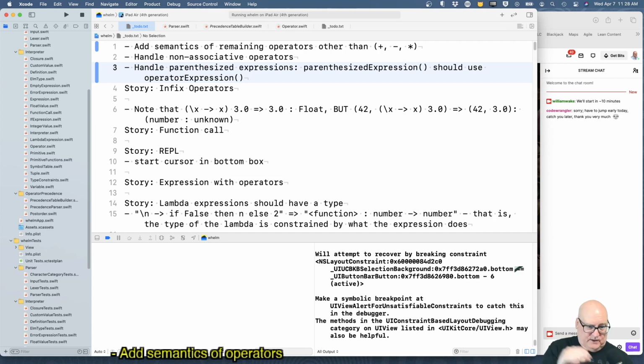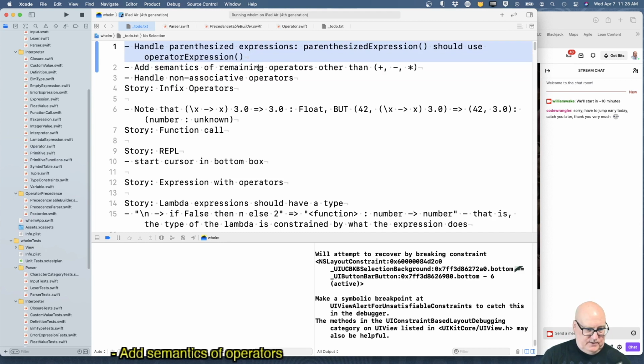They only handle function calls like the old way. All right, and I think we're going to move this up and deal with that first. Non-associative operators, I'm going to have to do a little research and see how the precedence parsers handle that. I think somehow they put an error in comparing it to itself. So let's see.